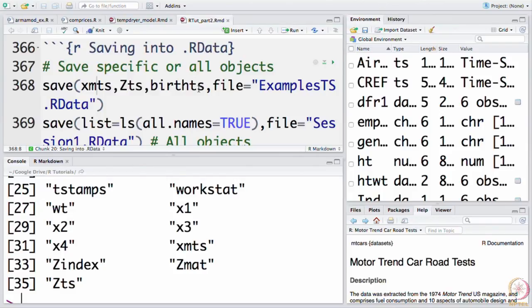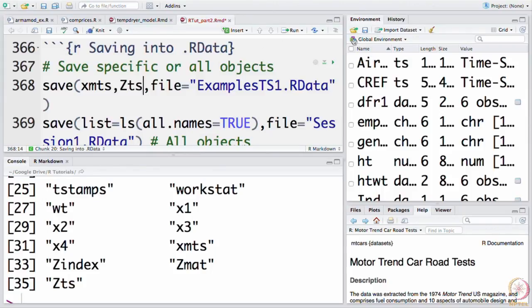Nevertheless, let us execute this command. I will just give this a different file name, let us say examples_ts1.rdata, and I am going to remove the birth_ts variable because I do not have that in the workspace.